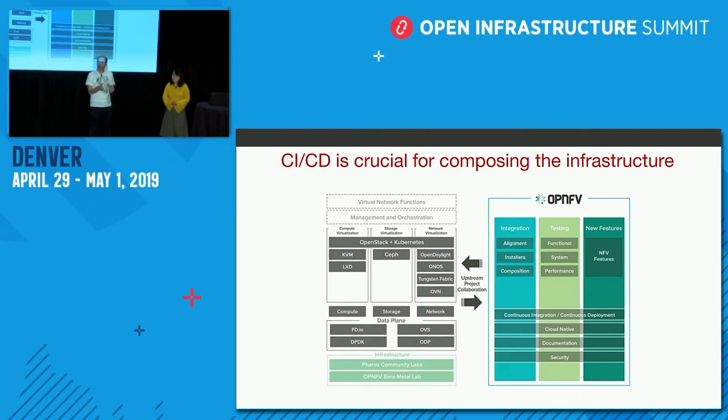Because what we are doing in the communities, when it comes to developing new technologies, integrating these different technologies together and making them available to our end users, they should not cause trouble for our end users. And they should be able to try these different technologies within their labs and see what they are building when it comes to next generation networks can be built using open technologies. So this is the community aspect of the importance of CI/CD in building next generation networks, 5G, and maybe you can talk about what you are doing in China Mobile.